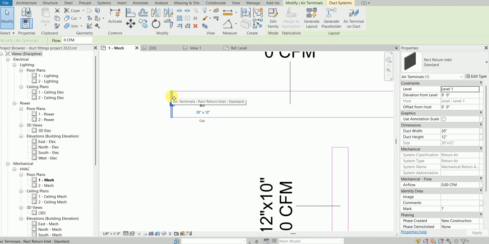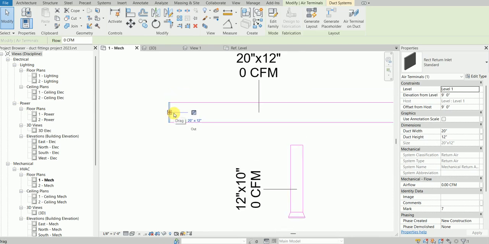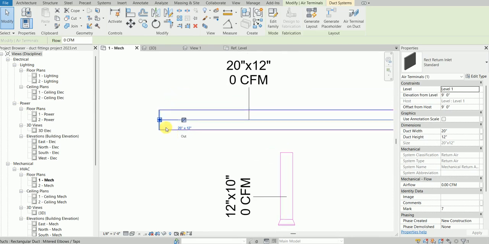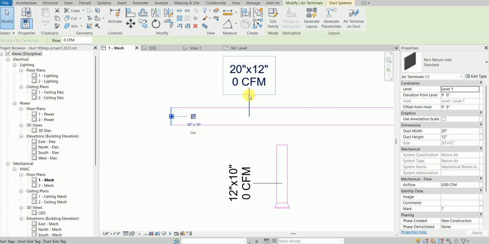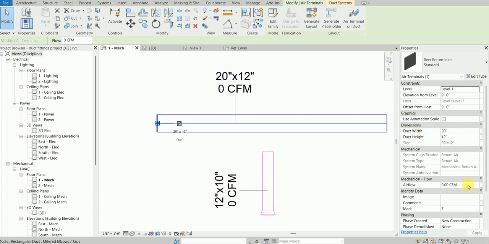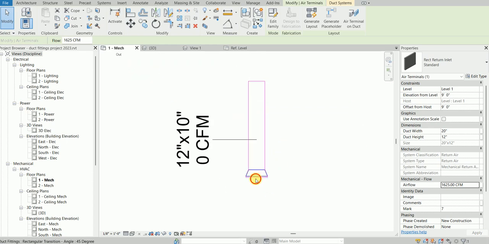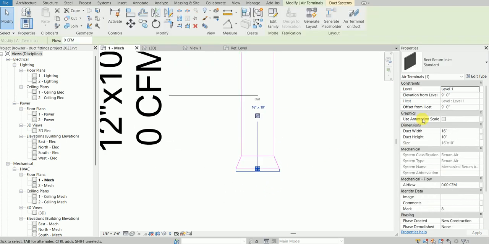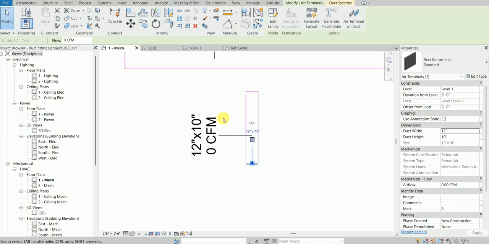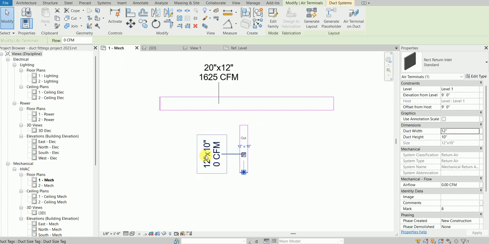As you can see, air terminal, so I have just made it an air terminal, very easy to bring the flow rate inside the duct directly. So I'm just going to have some airflow here, so let's say I make it 1625 CFM. All right, and this one also I'm going to change to 12 just to avoid this reducer, and I'm going to bring some airflow in this as well. So let's say I make it 725,